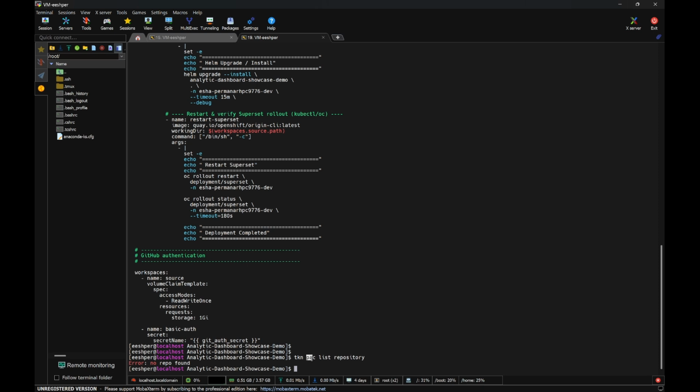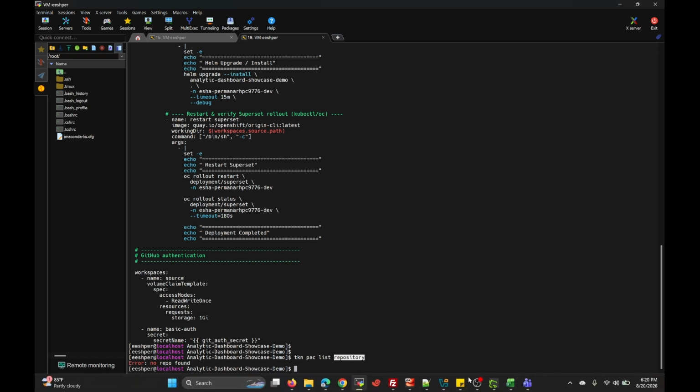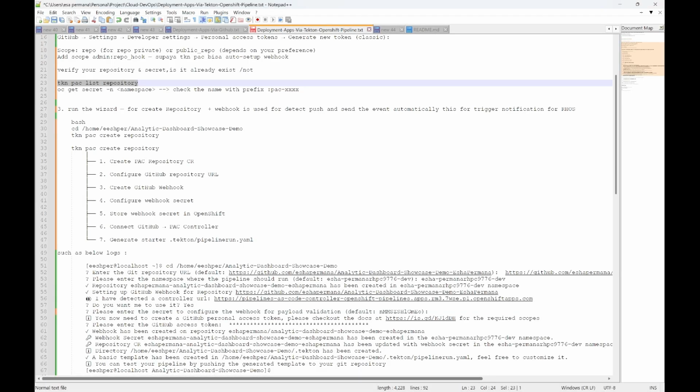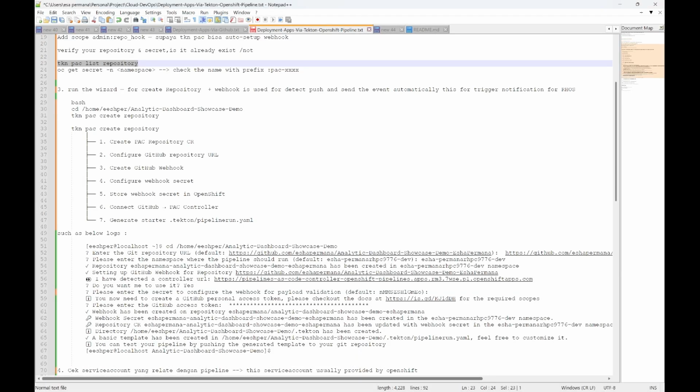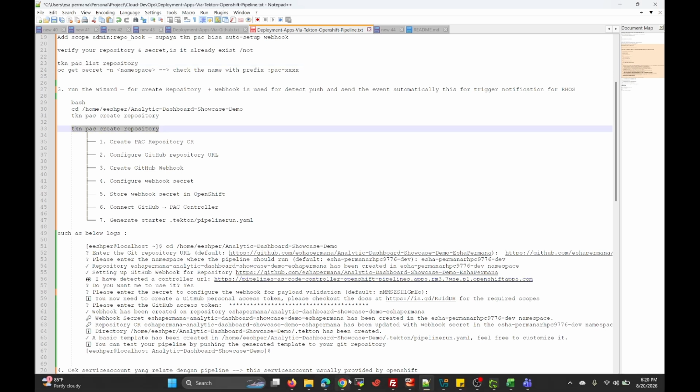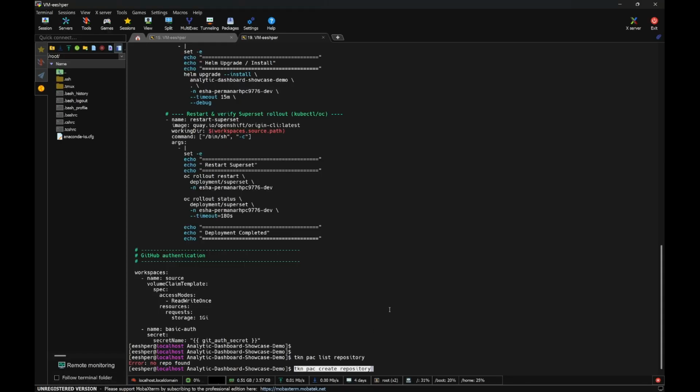PSC is pipeline as code, and TKN is Tekton. This repository will be responsible for the Tekton pipeline. Okay, if it doesn't exist, we can create the repository with this command.